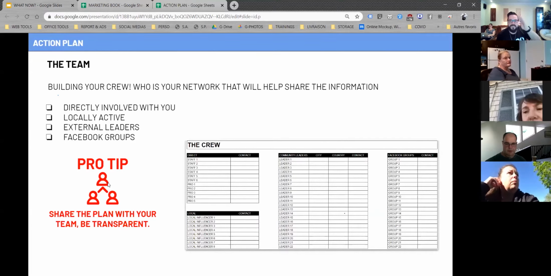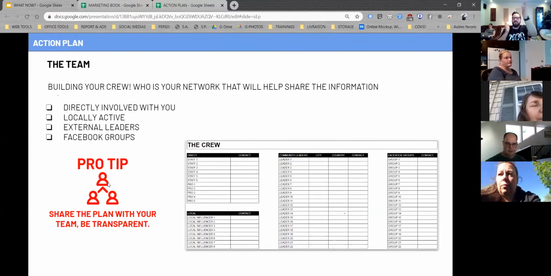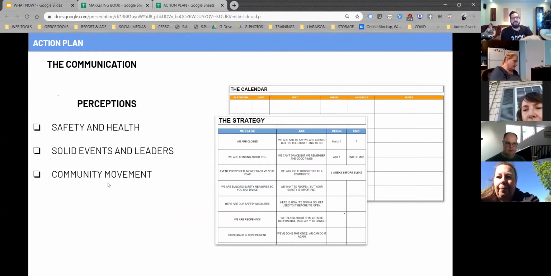That seems to be basic for people. They're like, I mean, everybody knows that, but not everybody does it. Just make sure to remember, in a pandemic crisis, things are changing daily. If you forget to communicate with your team, you're going to get 17 people going in different directions. And this, for communication strategy, is garbage, right? Just want to put it out there. No prior frustrations, maybe a little bit, but anyways, not about anybody in the dance world, right? Just wanted to make sure that we all remember to communicate with our team, because they are your biggest asset in this pandemic. Good. Any questions so far?